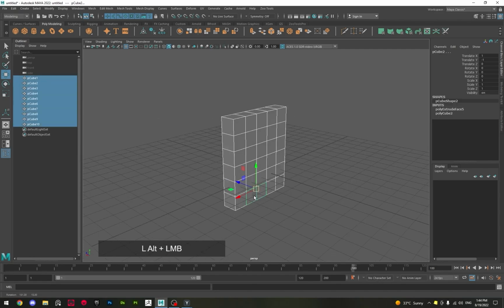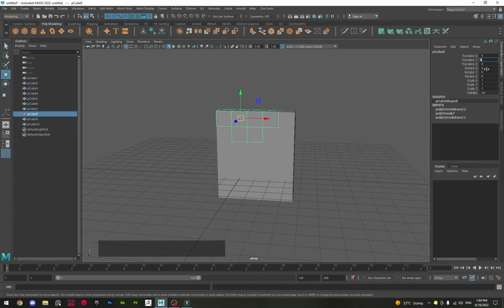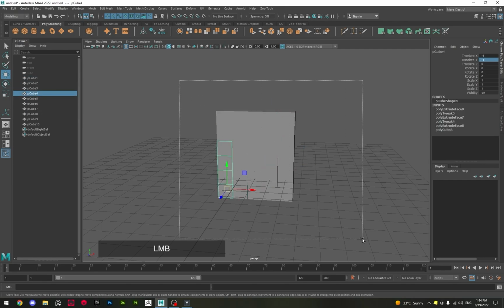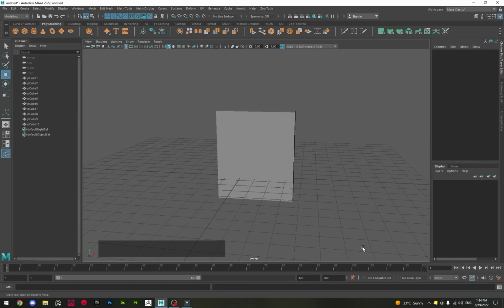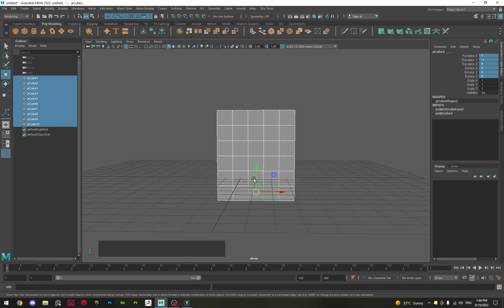Okay, so we can animate these objects. Let's just say we want to make a little animation for like a Tetris game. So what we're gonna want to do is first remember the location that they're in right now. Like I said, each one has different transformations, so each one's going to be different. But if we want all of them to have the same location,